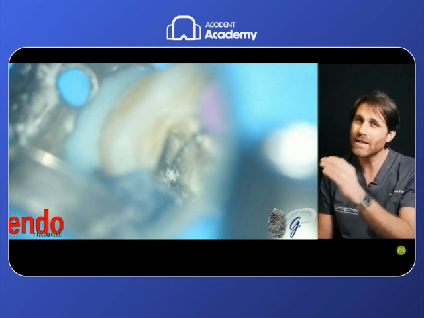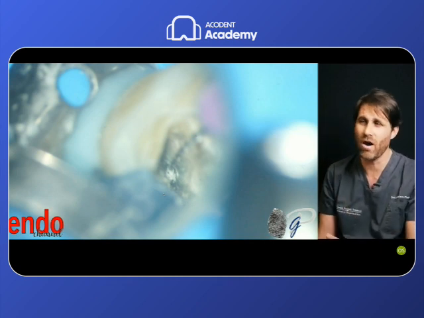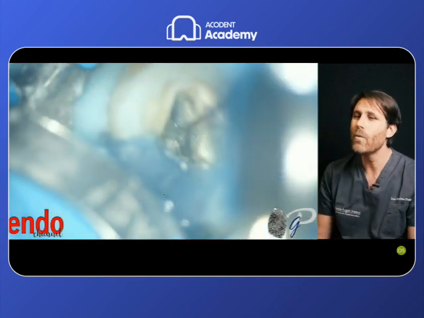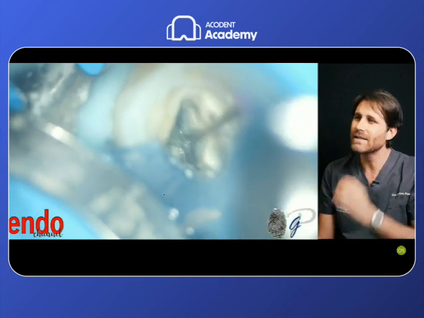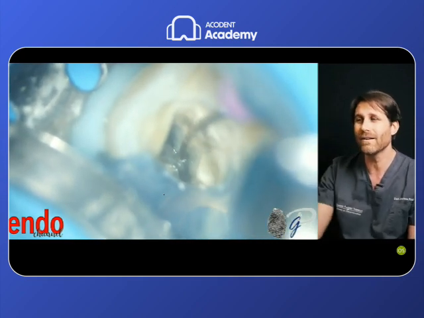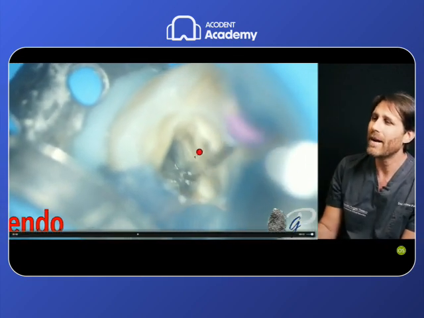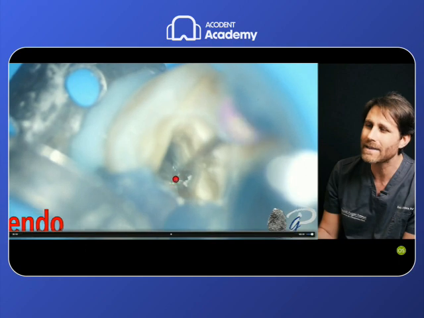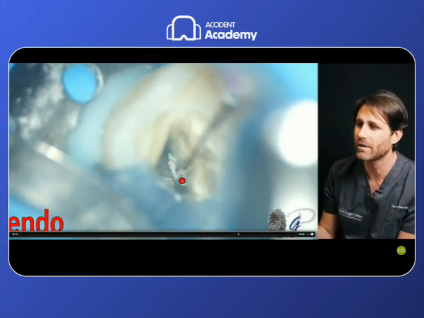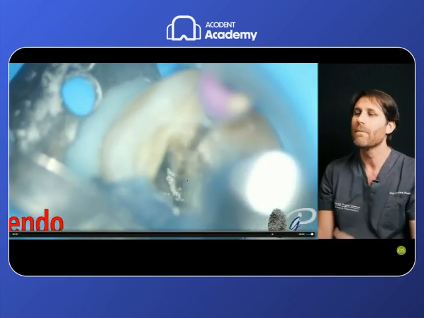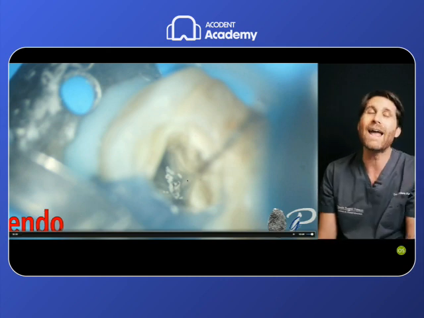So I started scouting with the AirPilot, then I took back again. I felt this curvature very strong. So I took back again the WaveOne Gold Glider because this gold treatment enhanced the flexibility of the file. And so I tried again with the Gold Glider to penetrate more apically this root canal, but again, this is a softer metal and it was not possible. Look how much it bends more than the AirPilot in M-Wire. I tried to do brushing, I tried to push a little bit, but it was not possible to advance because this file has less cutting efficiency given by the metal treatment and the design of the file.